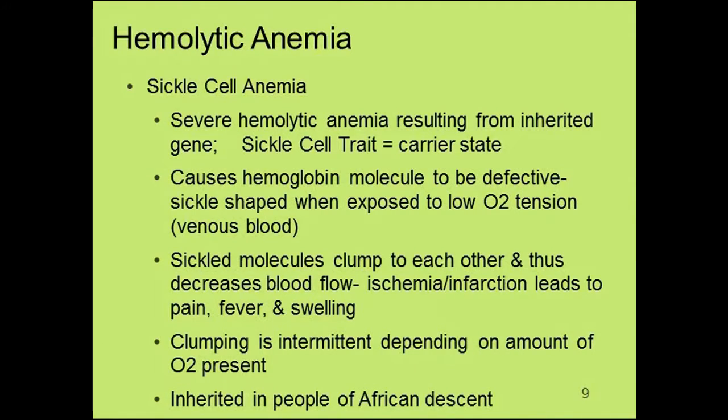Sickle cell causes the hemoglobin molecules to become misshapen. They actually will become sickled or curved shaped when they're exposed to low oxygen tension in venous blood. So whenever the hemoglobin molecule is in the venous system, it is void of oxygen, and then those hemoglobin molecules